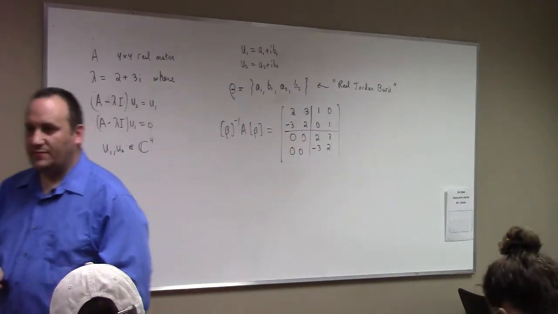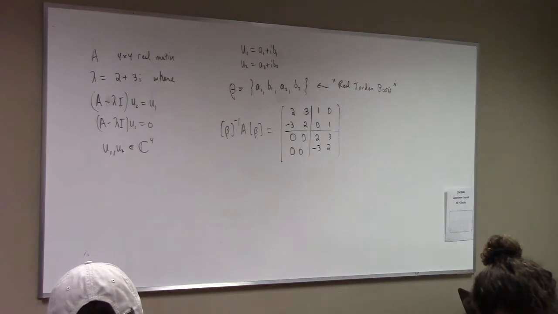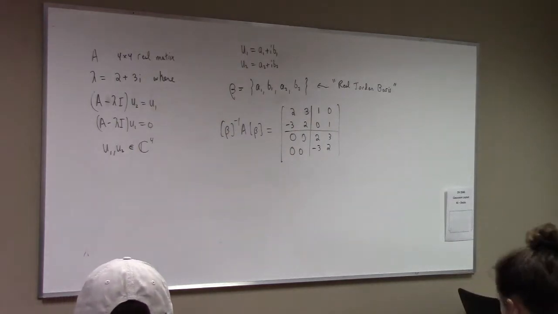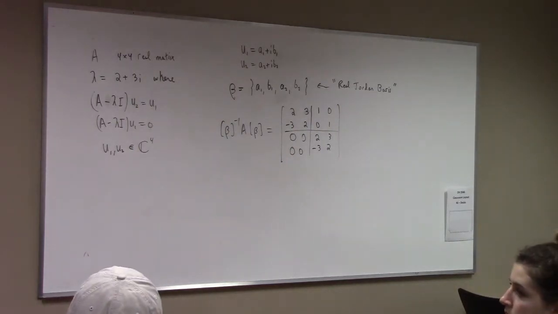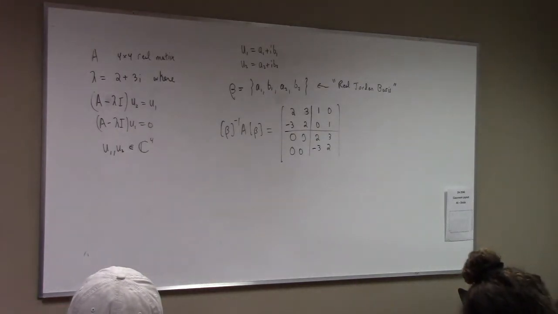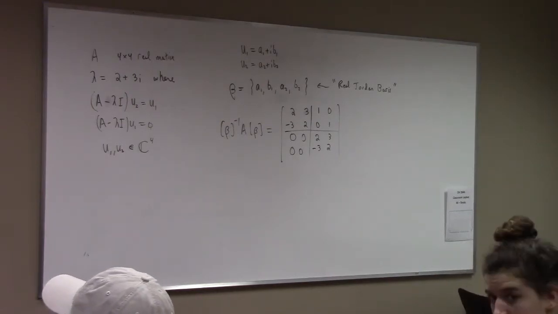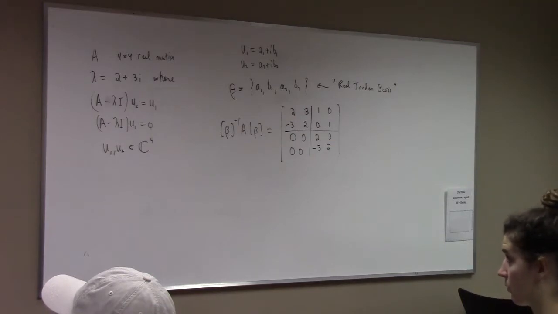But it's infinitely more likely that I would test you on the 2 by 2 idea. If we have a complex eigenvector, we can look at the real and imaginary parts of that complex eigenvector, and that gives us a 2-dimensional basis which puts the matrix, or the transformation, in a special form. So R equals cosine, sine, negative sine, cosine is just one real Jordan block. That's the real Jordan form.